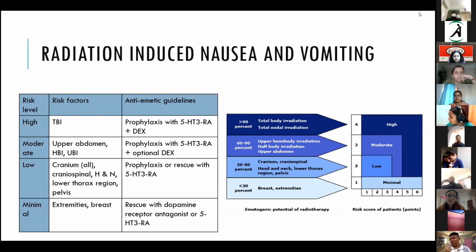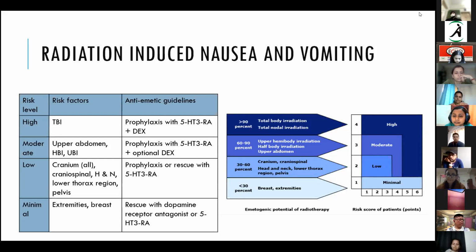Now, when you consider between ondansetron and palonosetron, ondansetron also has a tendency to cause constipation. Dosing is required every 6 to 8 hourly. Whereas with palonosetron, although the cost is on the higher side, you need only once a day dosing, and patients have had very good control. So in our practice, for some patients who can afford it, we routinely prescribe palonosetron, and it helps them in a better way to control this nausea and vomiting symptom due to radiation.